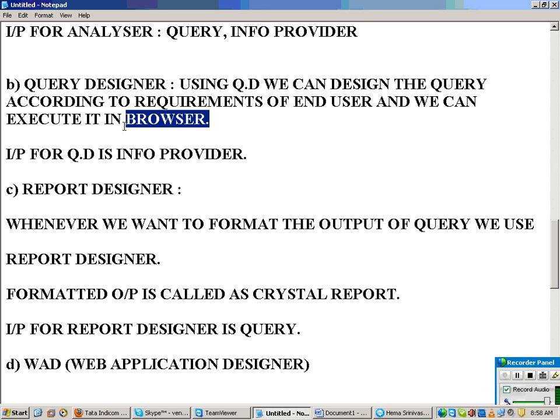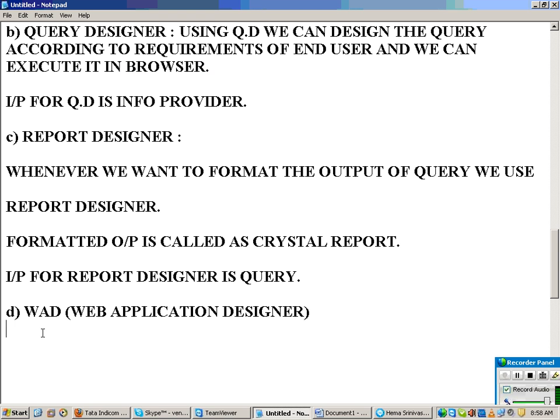That means I need to design my own web page. So then what will you do? It is still customized, something like dashboards. That means a clear-cut representation for the end user however you want. So you design your own.